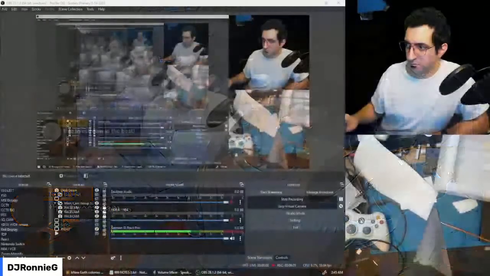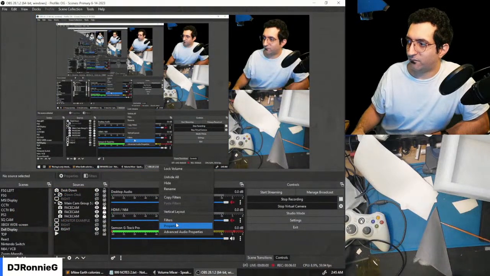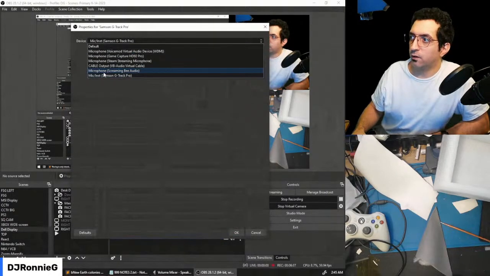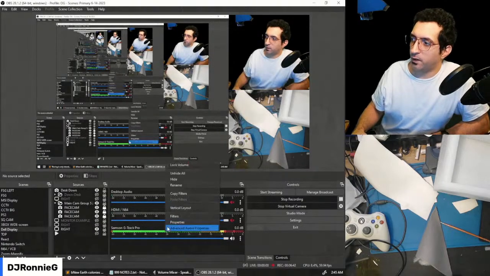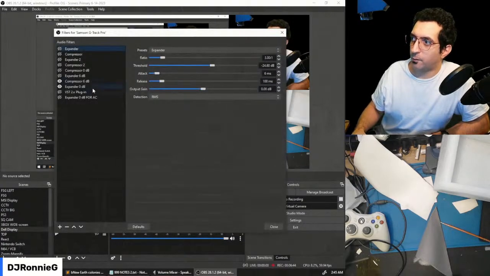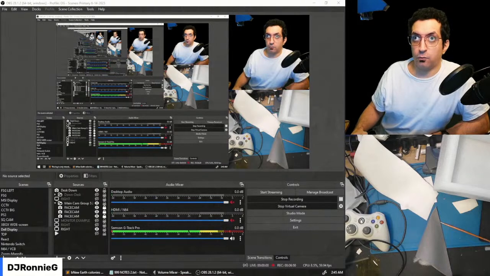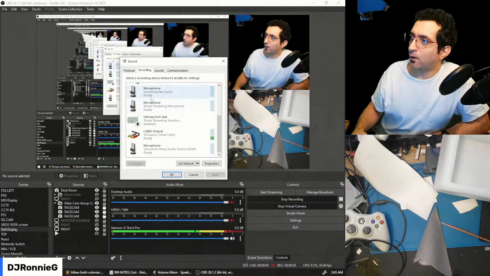So the way my OBS is configured, and it's just, I guess, a fun academic moment, is that we have an audio filter running. In fact, it's not really a filter. I installed a virtual sound device in Windows called VB Virtual Audio Cable. And so I use OBS to give me filtered audio for my microphone, with a compressor and expander filter. And then in the Windows sound control panel, which I'm going to drag to my monitor here, we have